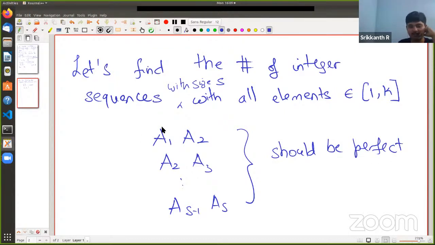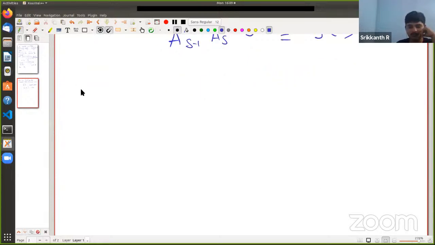Let's say the number of subsequences of size s, with all the elements belonging to the range 1 to k, and the product of every two adjacent numbers being a perfect square. Let's count the number of such integer sequences, and let's say that number is f of s. If we are able to find f of s, then the answer to the problem is only